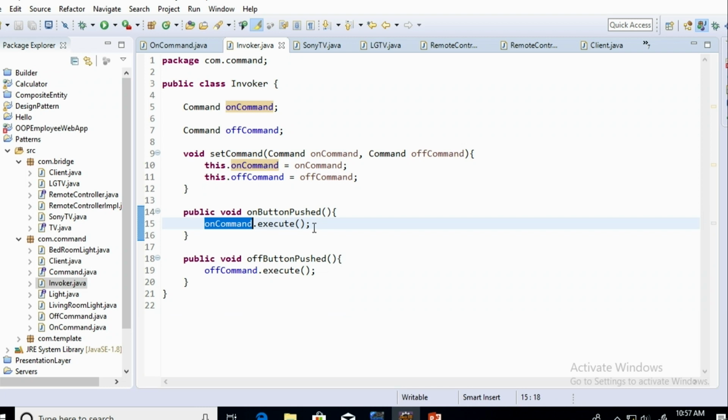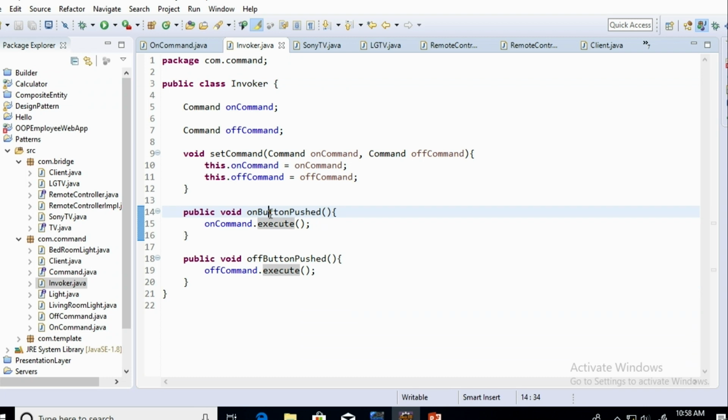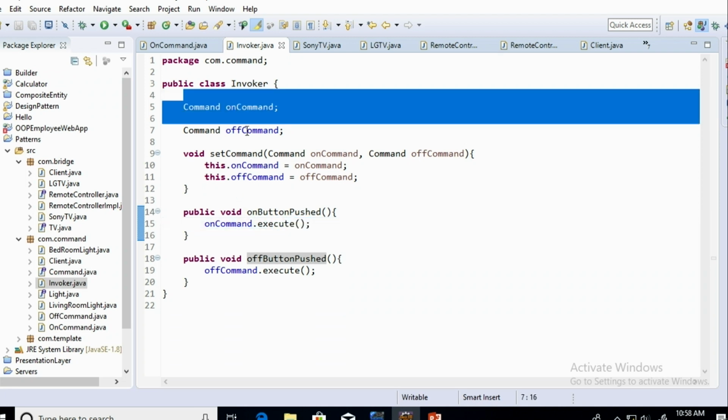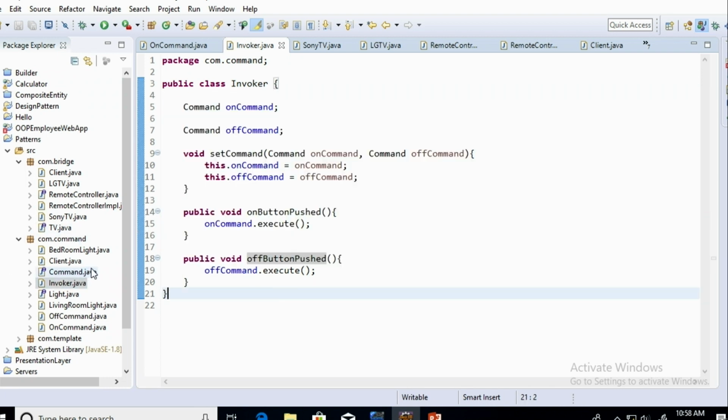They are directly decoupled only, but at runtime you change the thing using this execute method. It calls through an intermediate person called invoker. So there is an on button pushed and an off button pushed. These are the commands it raised. So once the command is raised, it calls the particular invoker through execute. If you don't have this, it would be simply like a bridge pattern. But the application is different.